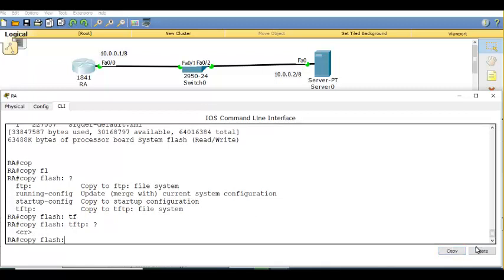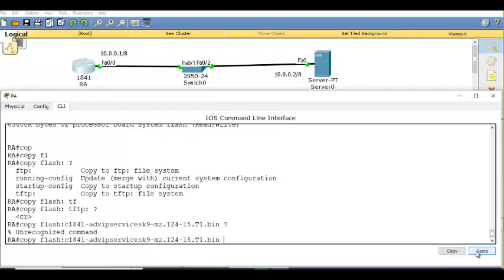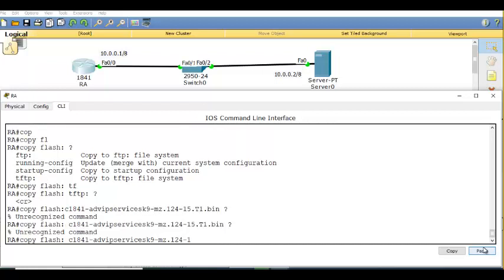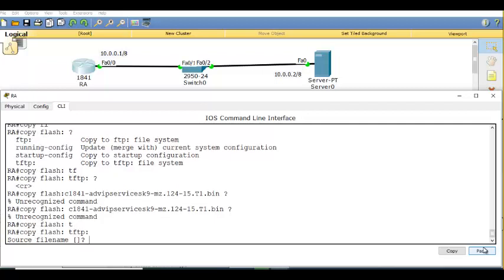I'm going to say copy flash, this is the file name, give some space, and then TFTP, and hit enter. Okay, this is it. Copy from flash to TFTP. What is the file you want to copy? This is the file name. Yes or no? Yes, sir.